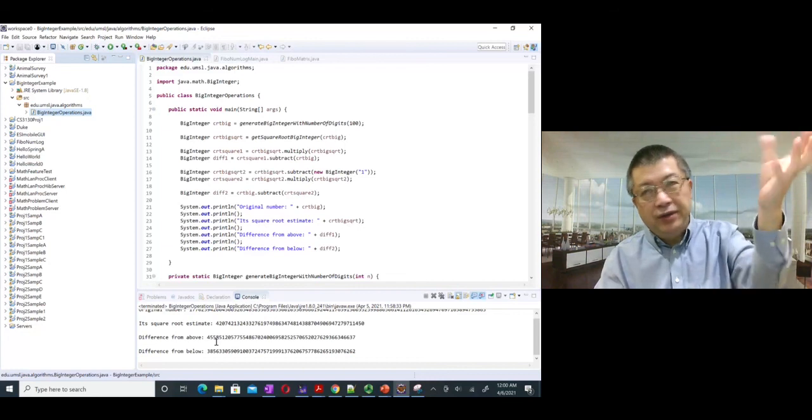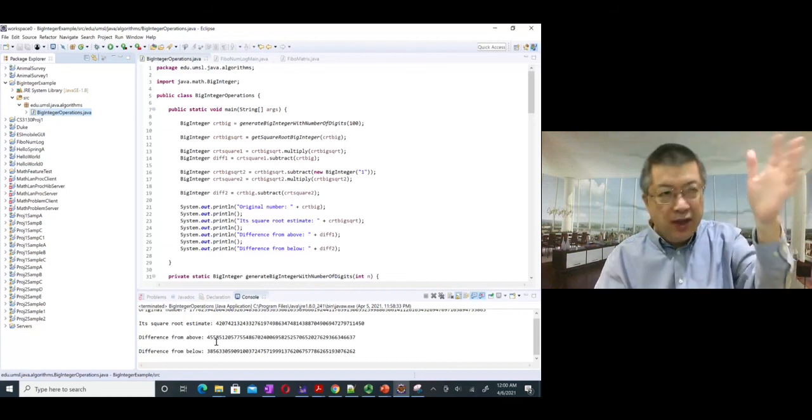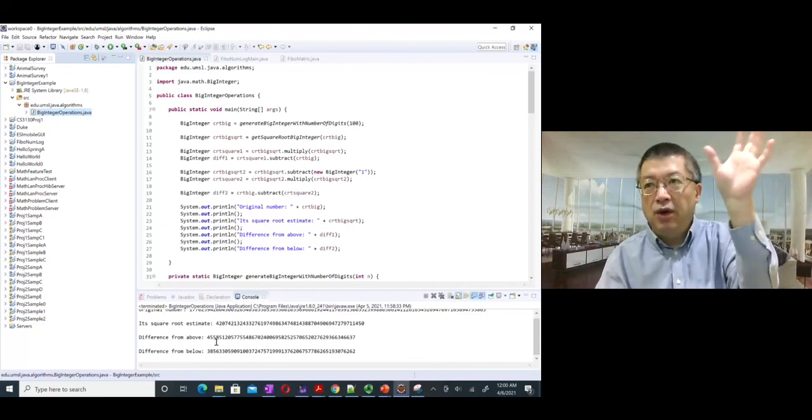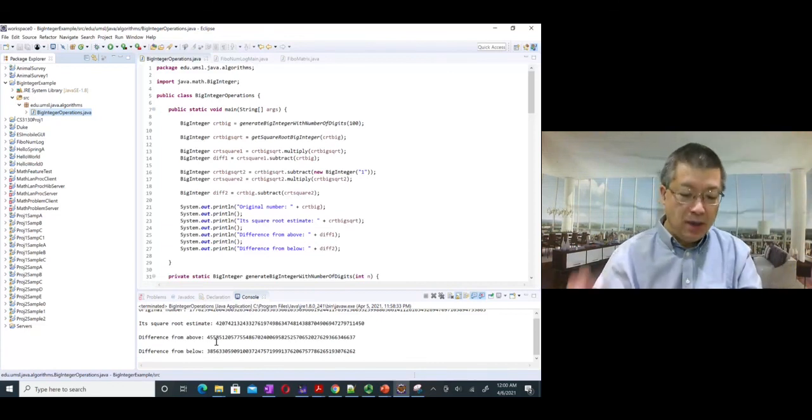After you download it, you can play around, study, and get familiar with the basic operations, then you can write your own operations. All right, so